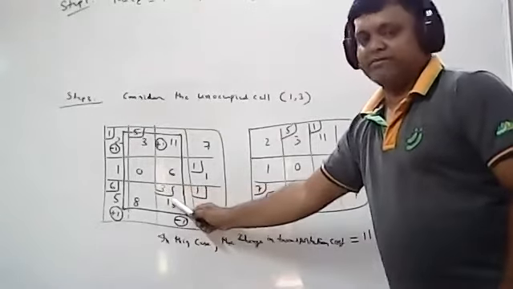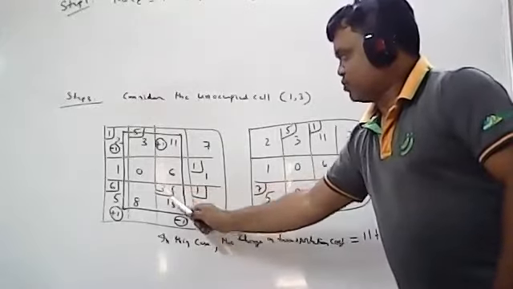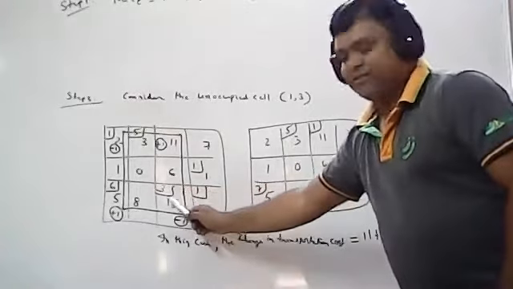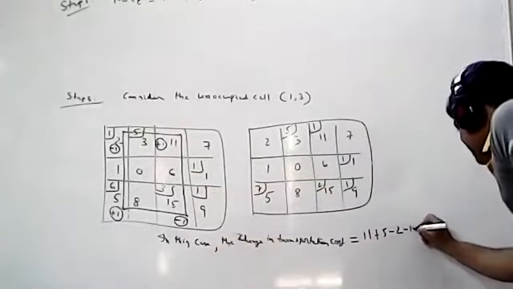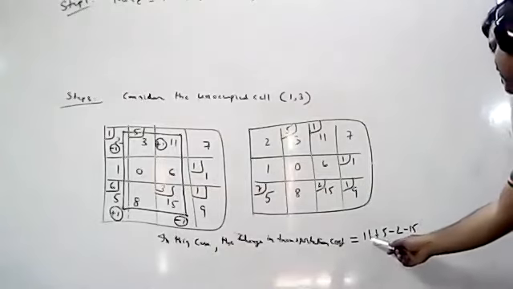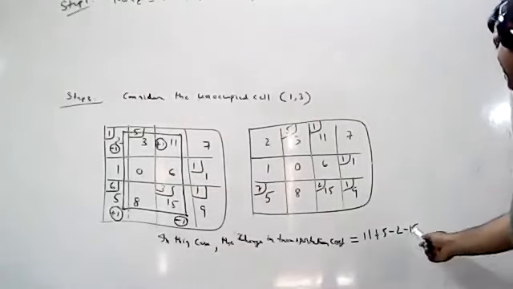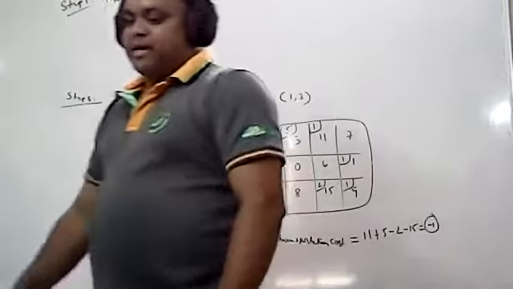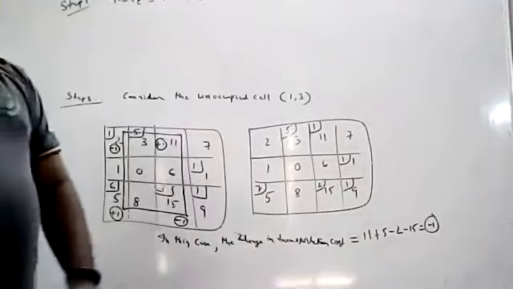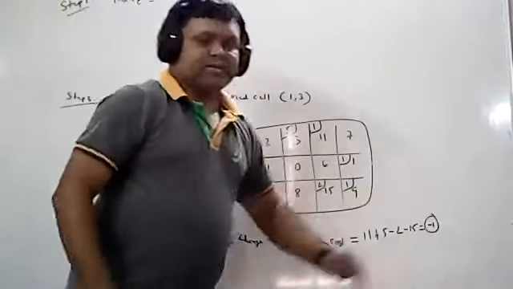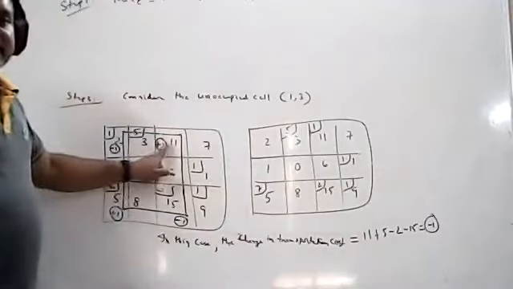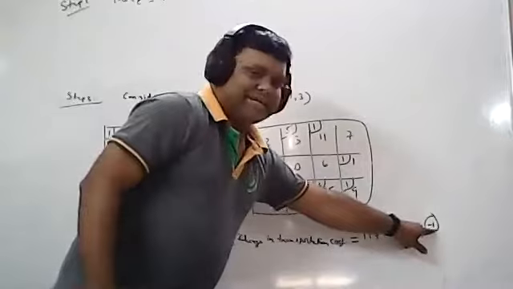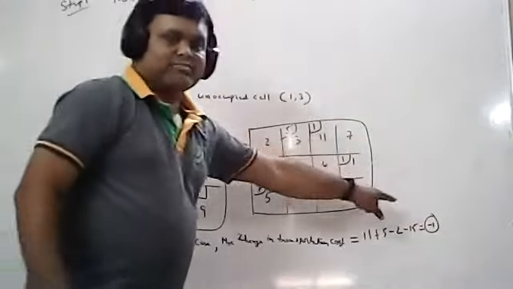3 minus 1 means one 15 is reduced. Actually 3 15s are 45. So 3 minus 1 means 2, and 2 15s are 30. 45 minus 30, the difference is 15. So minus 1 means one 15 is reduced, minus 15. So this value is 11 plus 5, 16. 16 minus 17 is minus 1. Minus 1 means a decrease of 1, and the answer is decreased by 1. If you take this as the unoccupied cell, the solution decreases by 1: 102 minus 1 means 101.